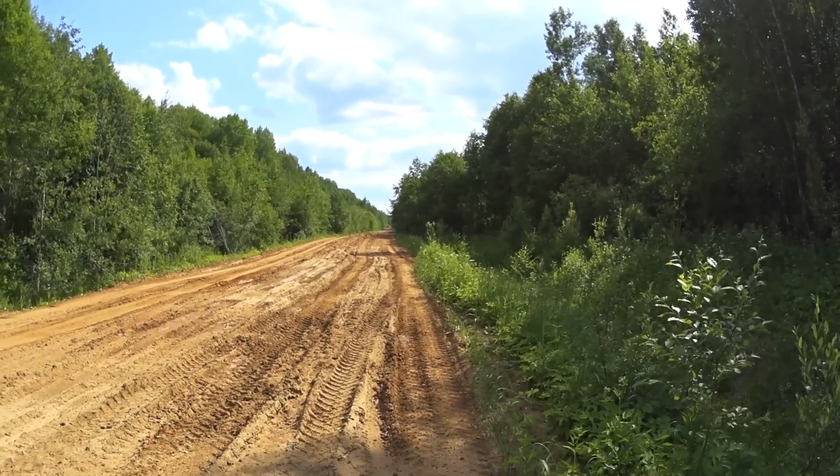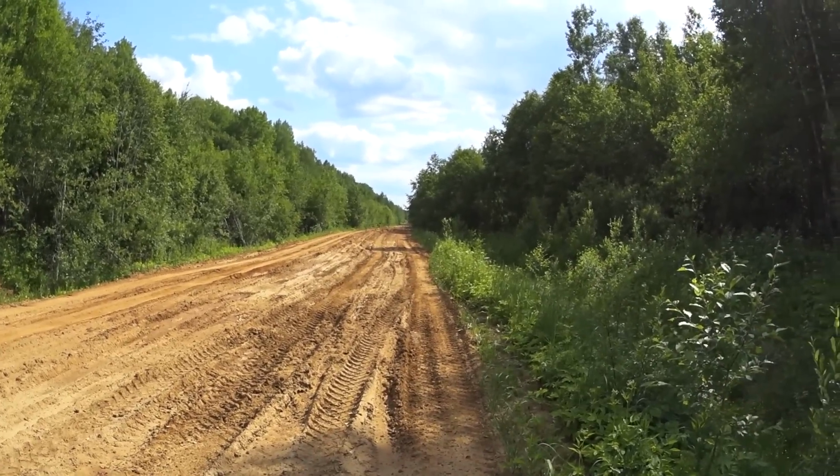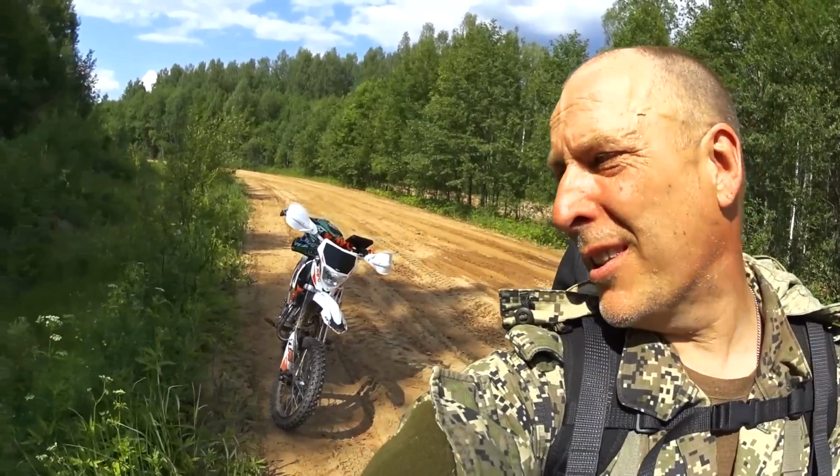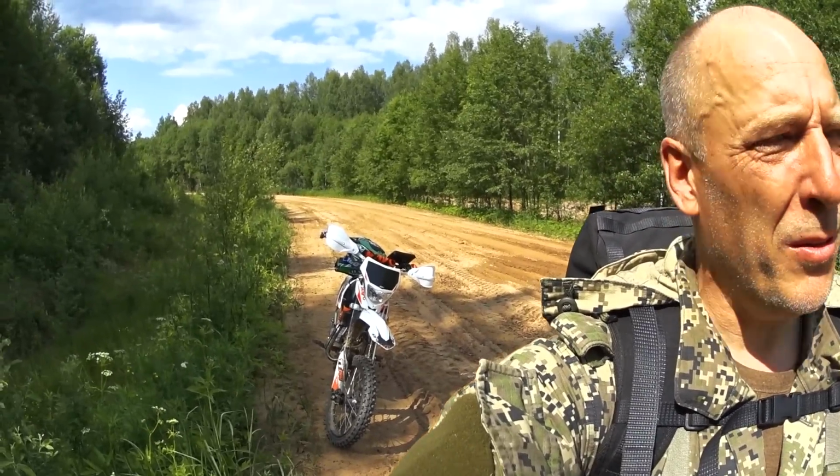So we are in the nature, we are on the logging trail as you can see. This is a main logging trail with many branches left and right. We're out on an ultralight, kind of semi-survival trip. I have some ideas for this little video here. There are most likely going to be a few videos, and we are on the pit bike, the Kayo